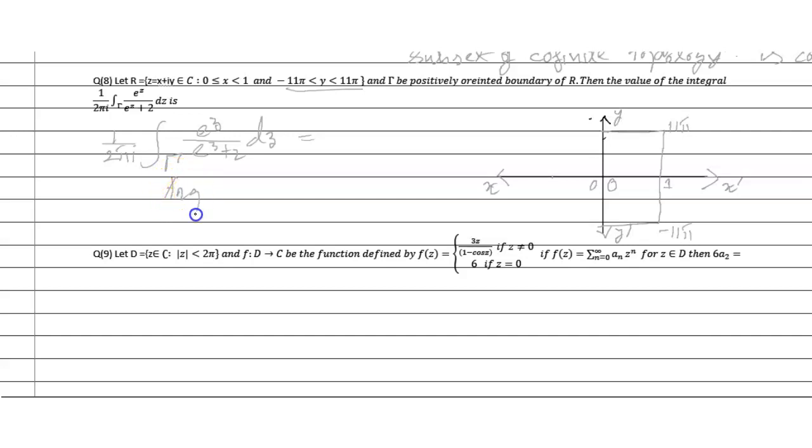What is the argument principle, friends? The argument principle tells that the number of zeros minus the number of poles. So e to the power z minus 2 equals 0. So z is equal to, the value is